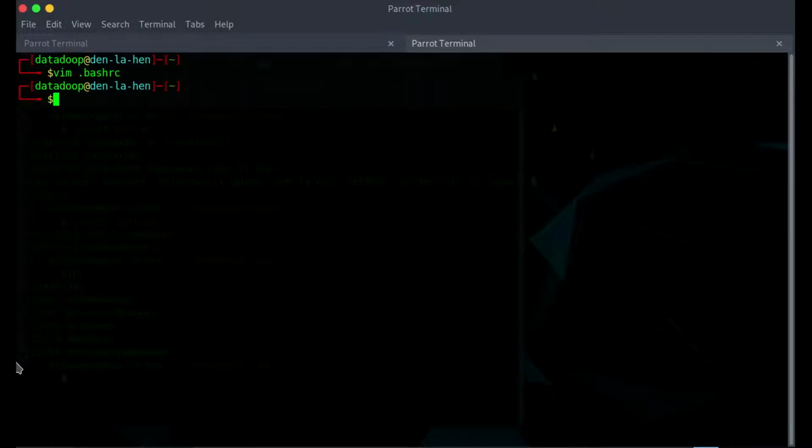Once this is done, you will have to go and edit your Hadoop environment shell file.